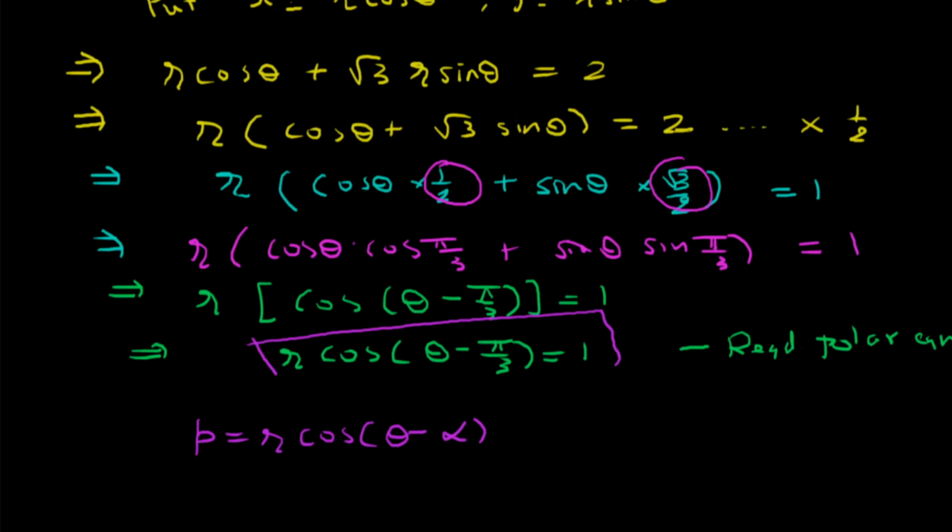r and theta are unknown, they are variables, like in Cartesian coordinates we have x and y as variables. Okay, so this we are going to prove as a theorem later on. Next I want to consider another example in which we will do the reverse process. We are given some polar equation and we want to convert it into Cartesian form.